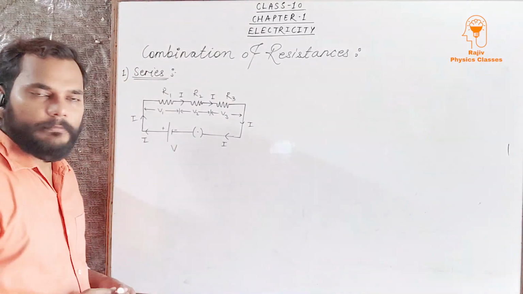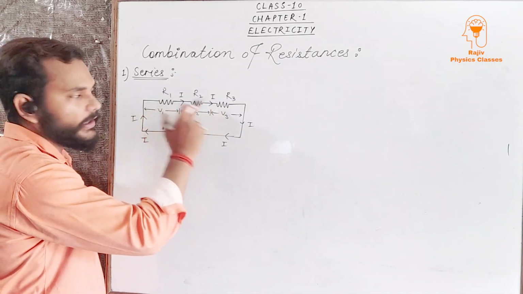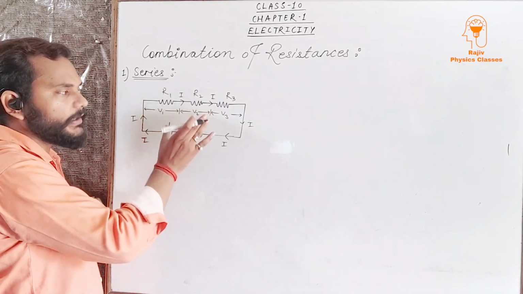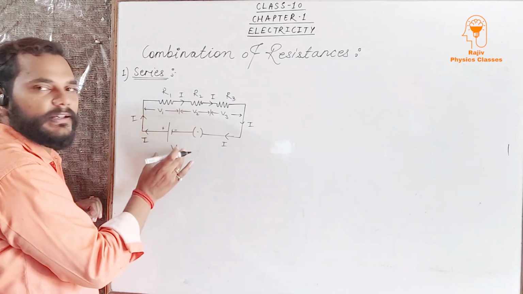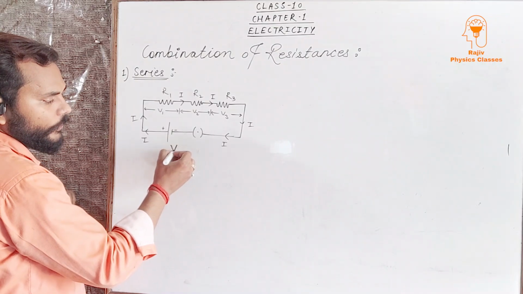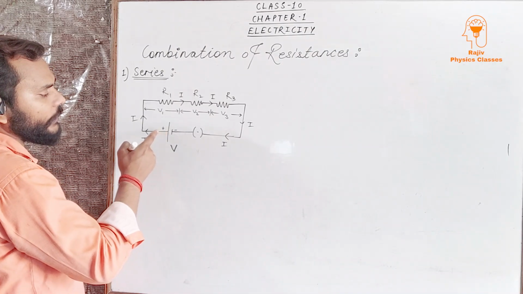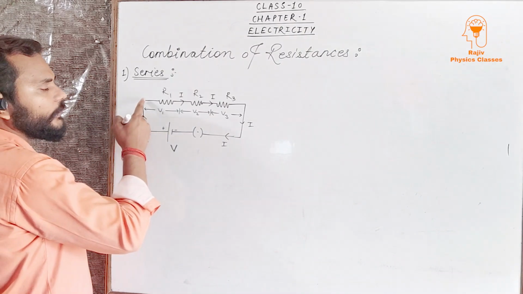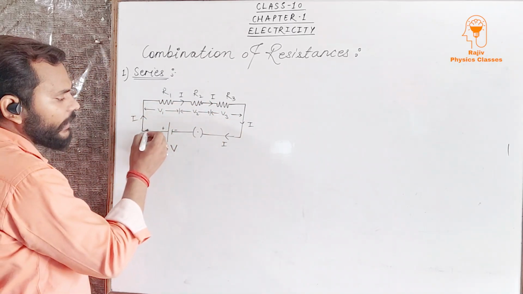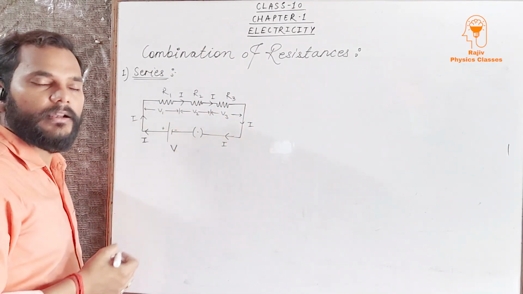Look at the circuit diagram. Here I have connected 3 resistances R1, R2 and R3 in series. Along with these 3 resistances I have also connected a supply as well as a switch. If this supply, that means a cell whose voltage is V volt, we can see the current will pass through this cell and through these 3 resistances and will come back to this point. If I consider the current flowing through the conductor is I, what current is flowing through the resistance? I.